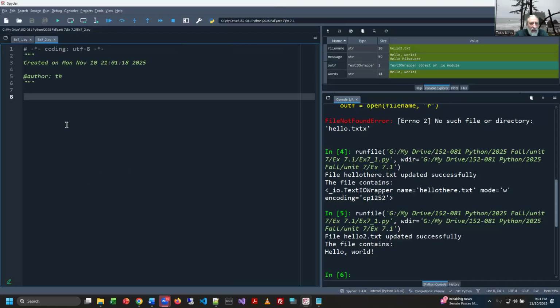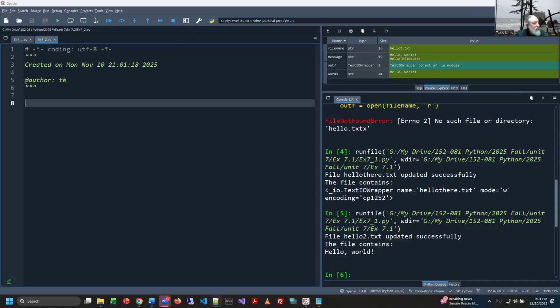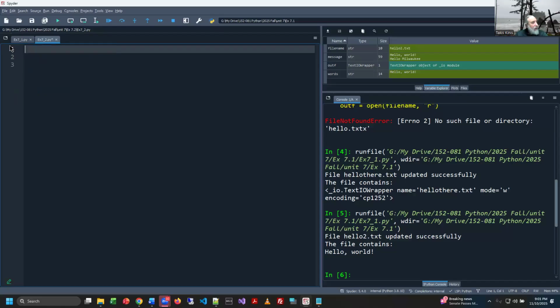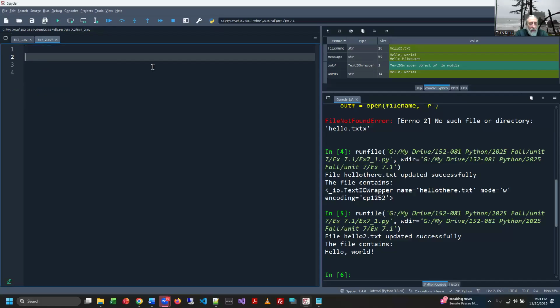We'll zoom in a little bit here. I'm not going to copy over the instructions on this one. I think they're fairly clear. And in fact, I'm going to get rid of all this gobbledygook here. And now